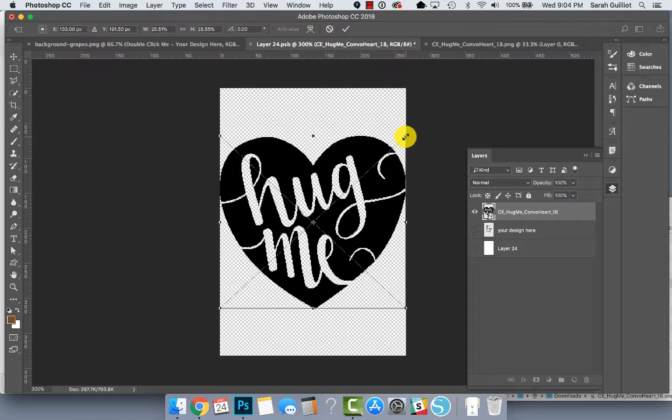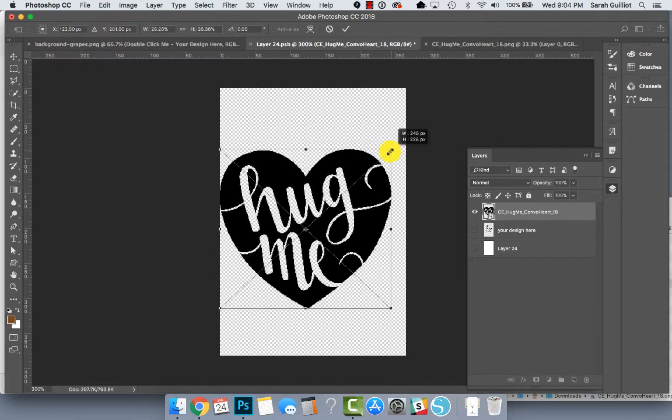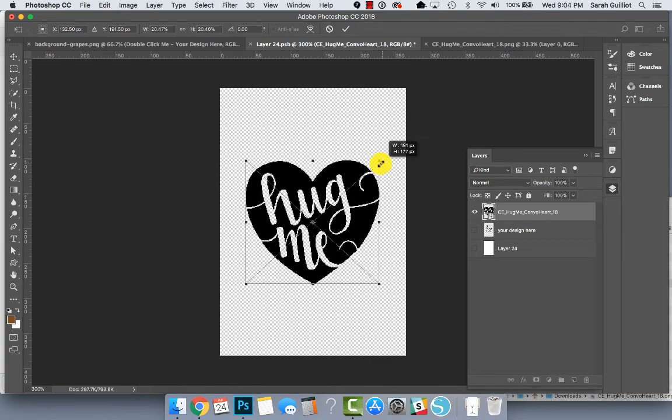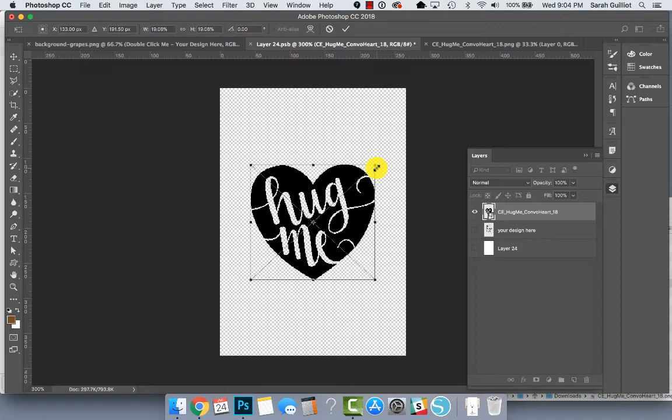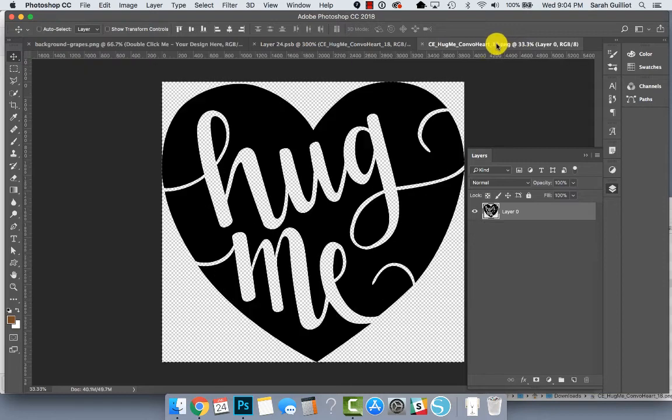I'm going to make this smaller because I know that fits the space better. So I just hit Command T for transform. I'm holding Shift. That constrains it so it doesn't get all bent out of shape. And if I hold Option too, it actually shrinks it toward the middle, which is handy. It looks bumpy, but that's only because we are in the middle of shrinking it. Okay, and I'm going to hit Save. We can close the original one,